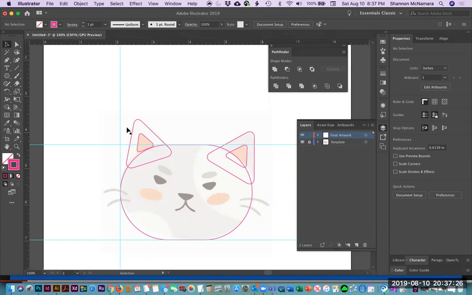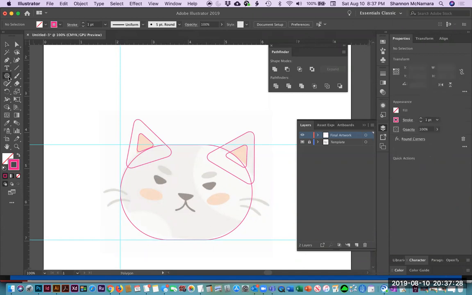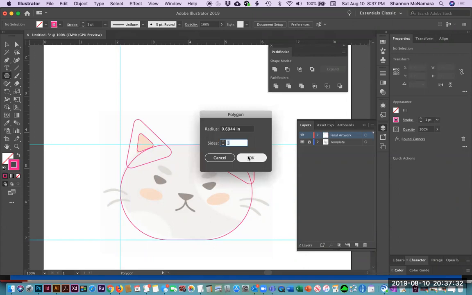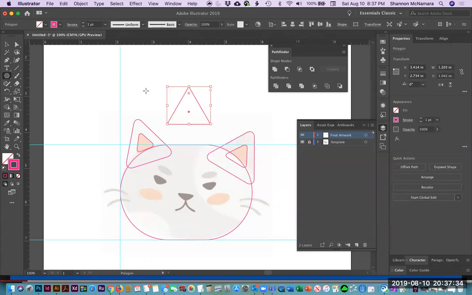They're all pretty similar. So we're going to go to the polygon tool again and just click and say okay. But we need the point to be facing down. So before we do anything, I'm going to just rotate it 180 degrees, just to make it easier to see what I'm doing. I can either work on the nose first or the eyes first. I'll work on the nose first, and get the basic shape down